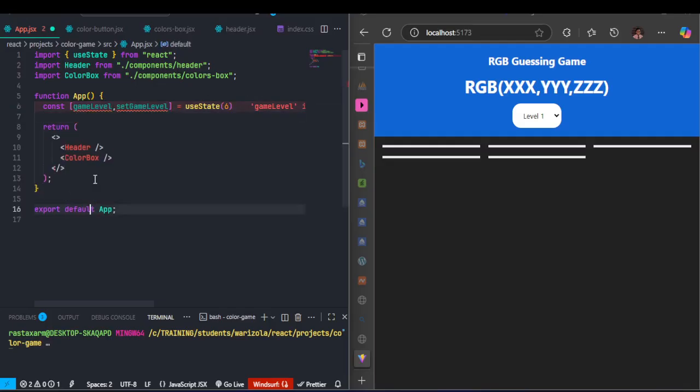So what we need to do now is to send this game level down into this color box here. We're going to send it to the header too later on, but right now we need to send it down to this color box, which is the props. And you know, that's what we call props here. So you need to send down the details into this. And how do we send it? To send any property down into your component,